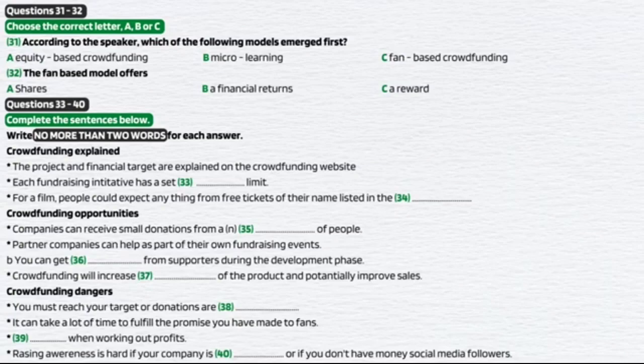Of course, a fan or supporter of a particular initiative is likely to give money anyway. But donation-based crowdfunding will often make donating even more attractive by offering a rewards-based incentive scheme. Let's take a film company, for example, that needs funding for a new film. For a small set donation, the donor might be offered a free ticket to the premiere or a DVD of the film. A larger set donation might be rewarded by the chance to attend a launch event when the film goes live. Those people who make bigger donations could even be offered the chance to meet the cast of the film, whilst the highest level donation could see the person's name mentioned in the film credits.